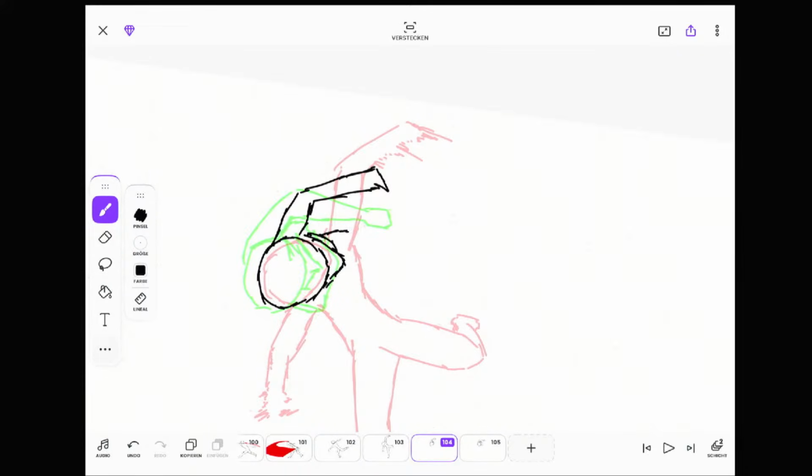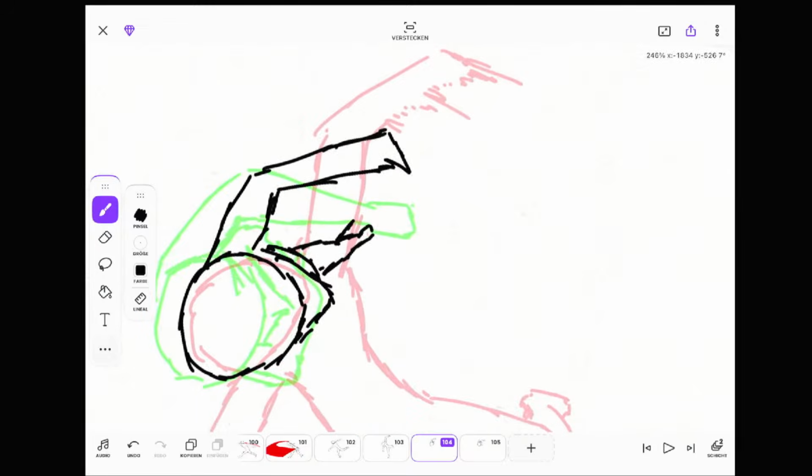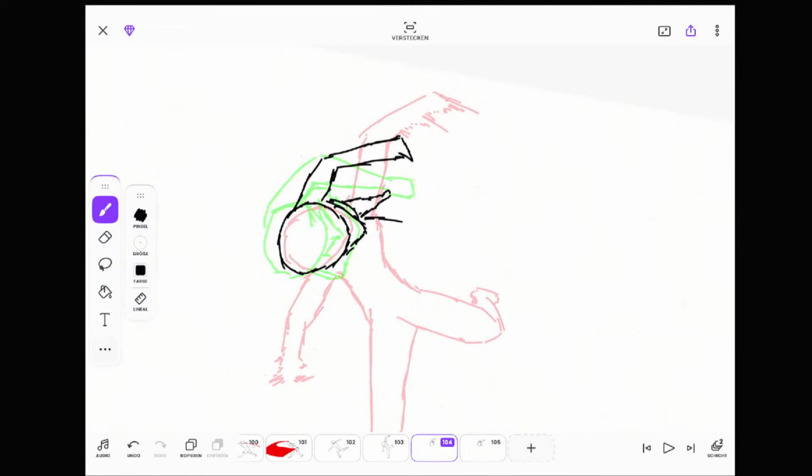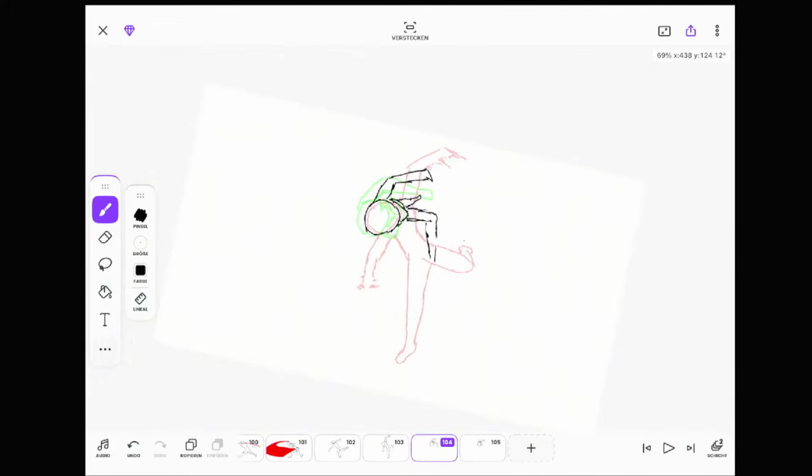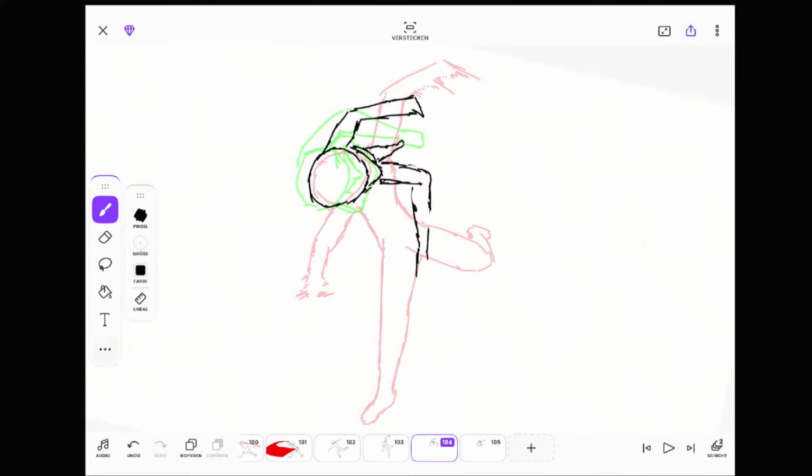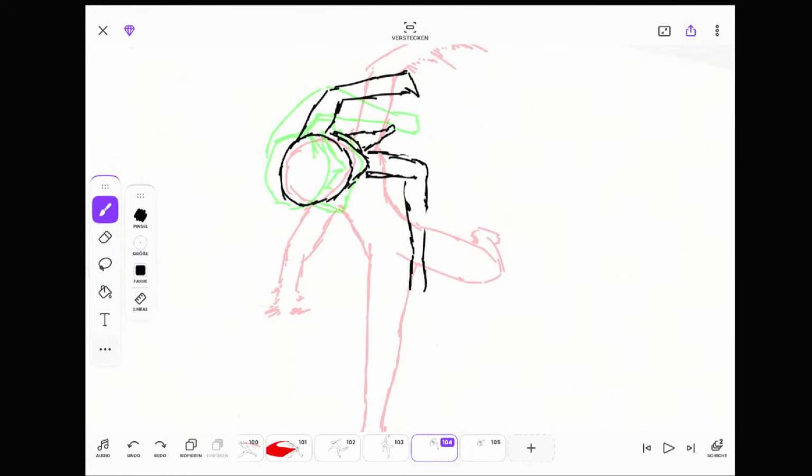This leg is just stretching, background, and the other leg maybe goes like this. Stretching it a lot now.